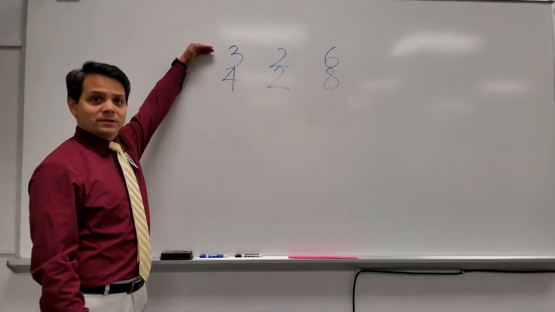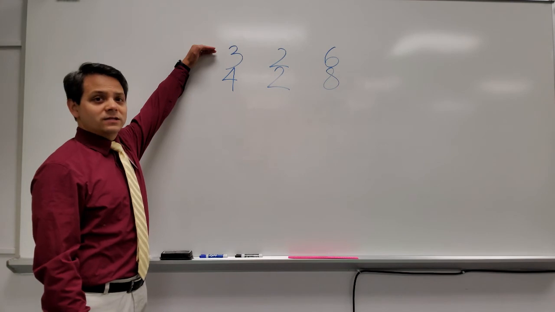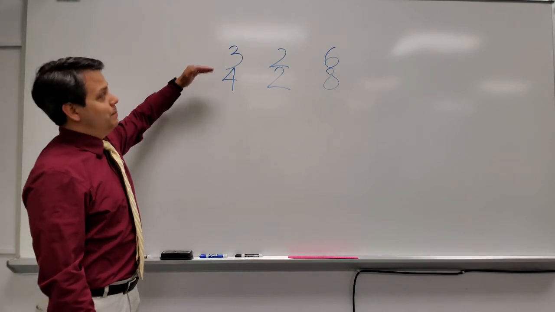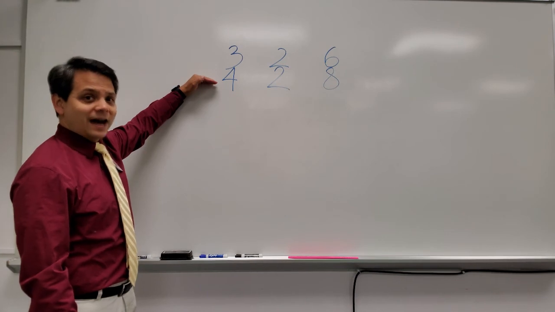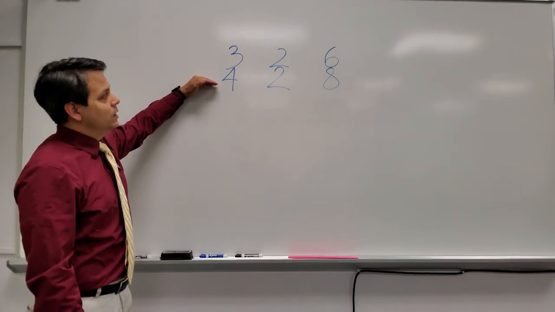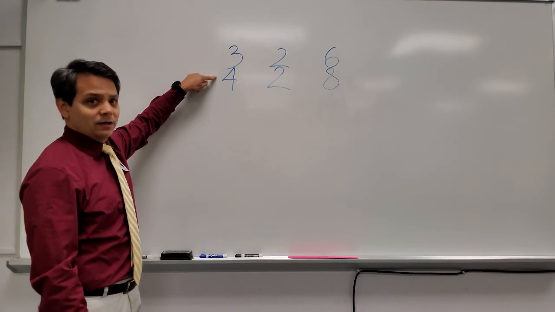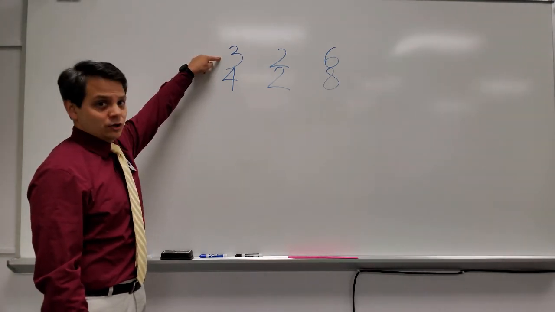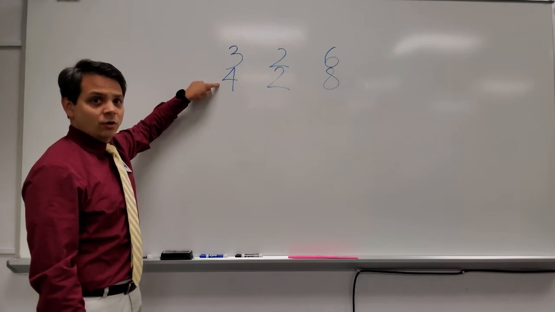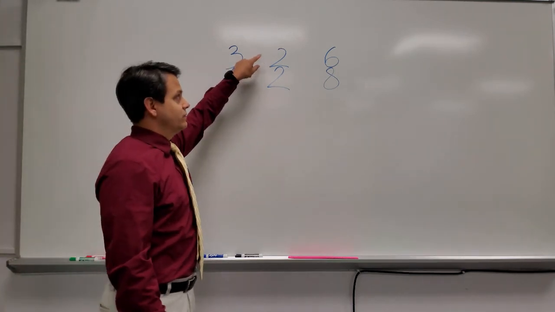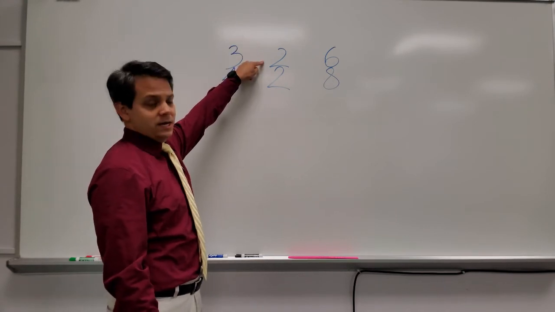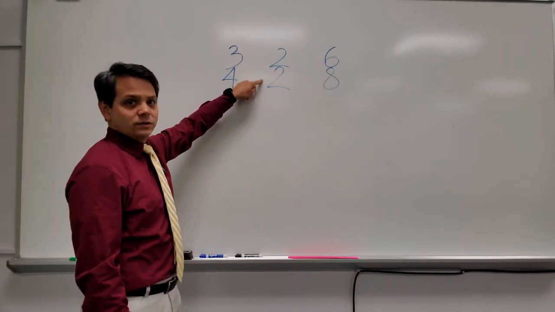Remember, beat is the steady pulse that we feel in most music. When we count the beats, we have to pay attention to the time signature. The top number in a time signature tells us how many beats we have in a measure of music. The bottom number shows us what type of note gets the beat. So in 3/4 time, we have 3 beats in a measure, and the quarter note is the note that gets the beat. In a measure of 2/2 time, we have 2 beats in a measure, and the half note gets